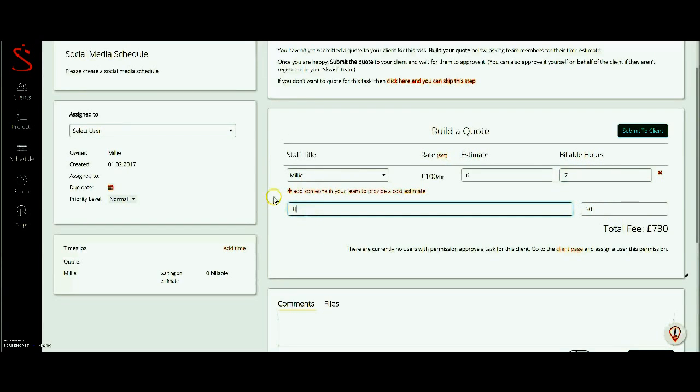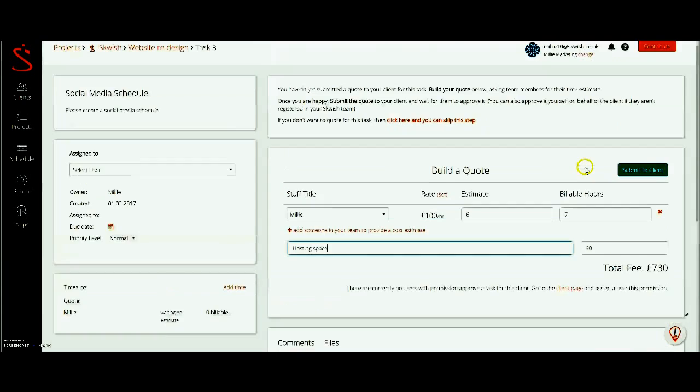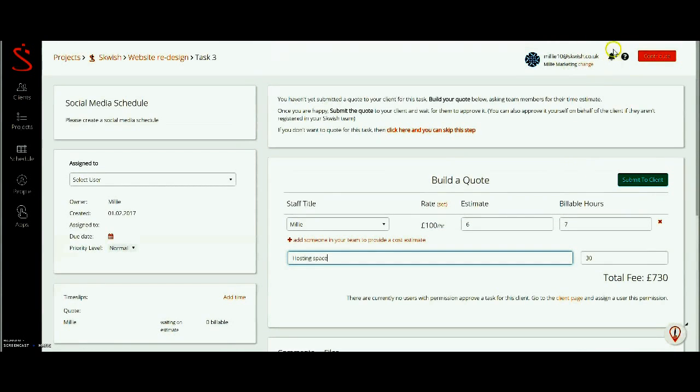So if I had to buy hosting space, for example, it will go as an additional cost. When you click submit to client, it will send the client a notification. They'll get a little notification up here on their bell, and if they don't take any notice of it, they will also get an email. If I hit save on that,